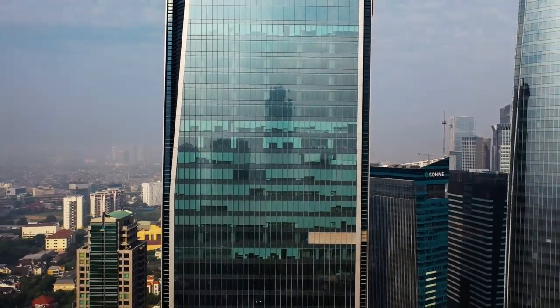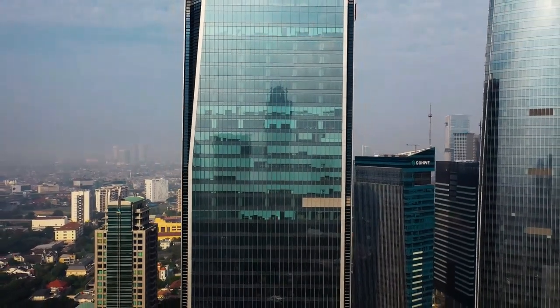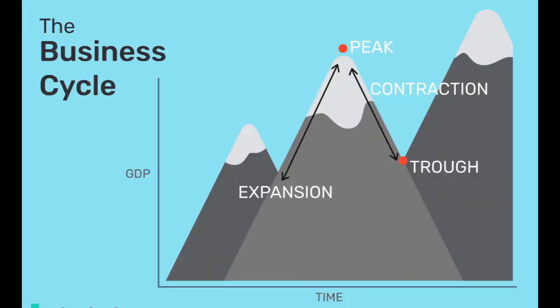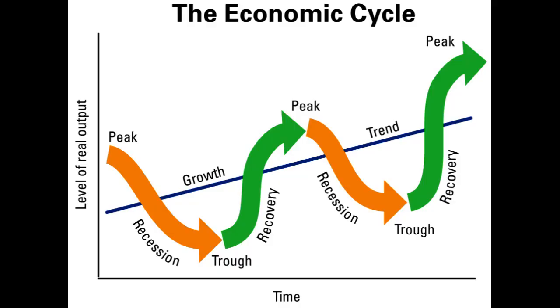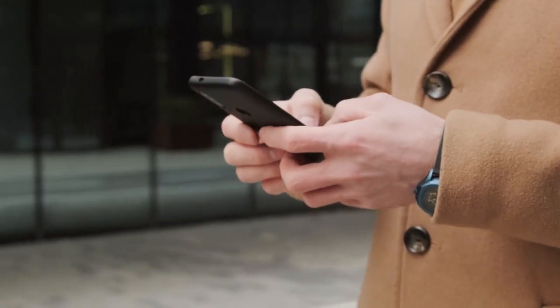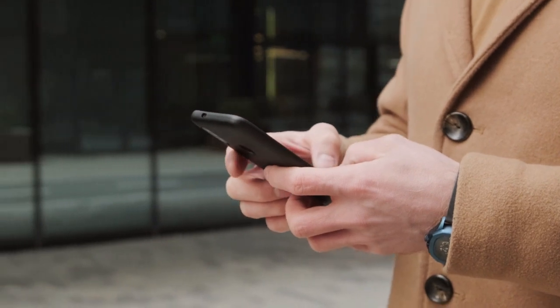Today, we're going to talk about a very important topic for investors, the impact of the economic cycle on investment decisions. First of all, it's important to understand what the economic cycle is. It consists of 4 phases: expansion, peak, contraction, and depression. Each of these phases has a significant impact on the economy as a whole, as well as on different sectors and financial assets.